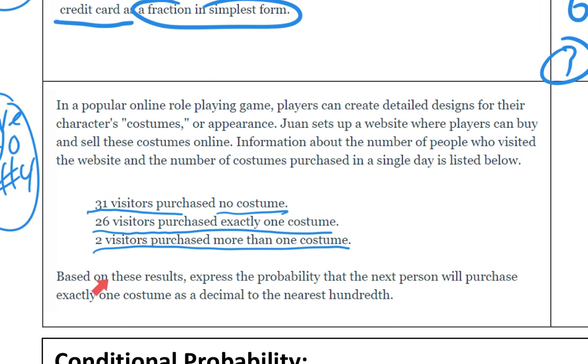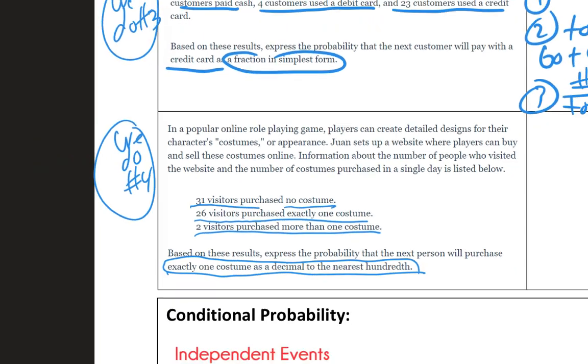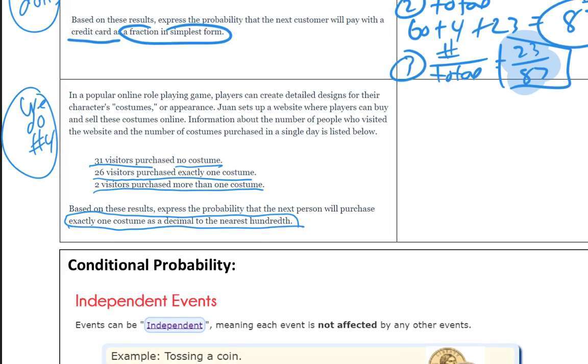Okay, so this is what they want to know. Based on these results, express the probability that the next person will purchase exactly one costume as a decimal to the nearest hundredth. Okay, so the number 1, we need to find the number of possibilities for what we want. So we said for one costume, 1 is 26, right? So we know that needs to be 26. Okay, 2, the total. Okay, the total number of possibilities